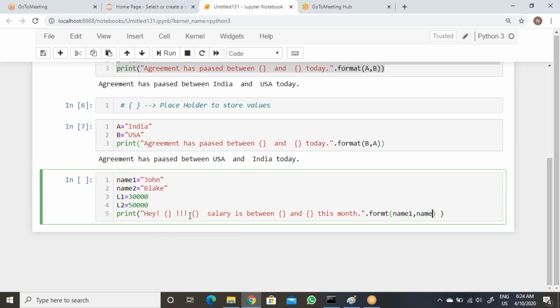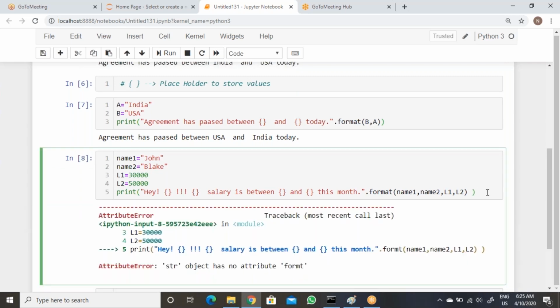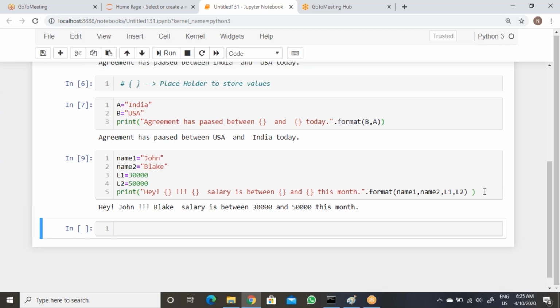Use dot format after that, then you can pass name 1, name 2, then L1, then L2. That's it. So now see here, execute directly.